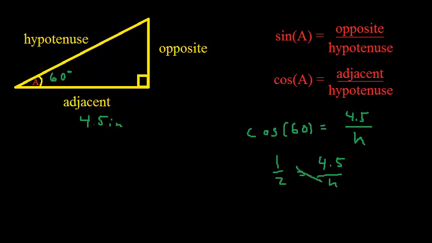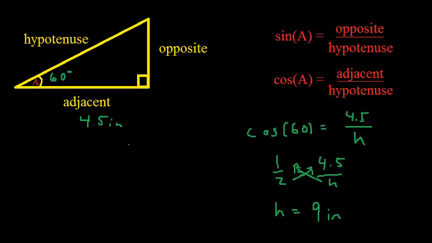I can multiply diagonally, and I have h times 1, which is h, is equal to 2 times 4.5, which gives me 9. So I find here that the hypotenuse is 9 inches long, when the adjacent side to a 60-degree angle is